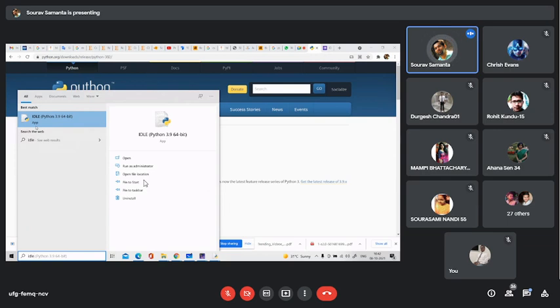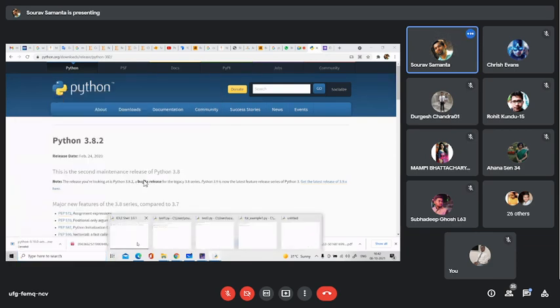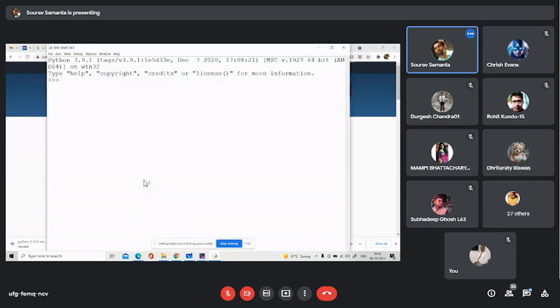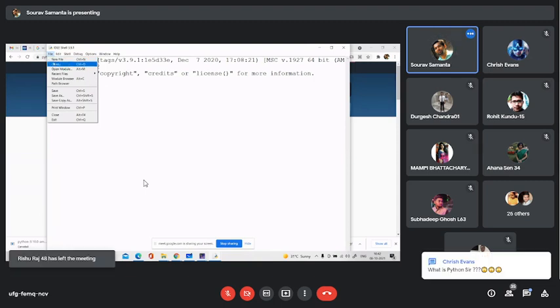Can you see the screen? Yes, sir. Okay, so here you can open the IDLE environment and you will get this screen. Now you open the new file option, and if in your system you already have a Python program,